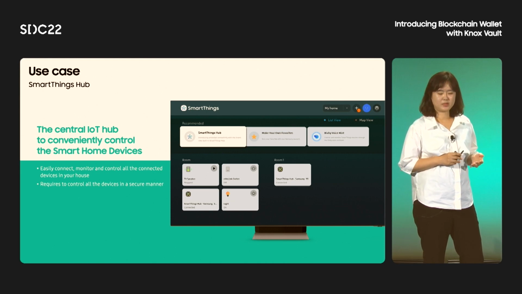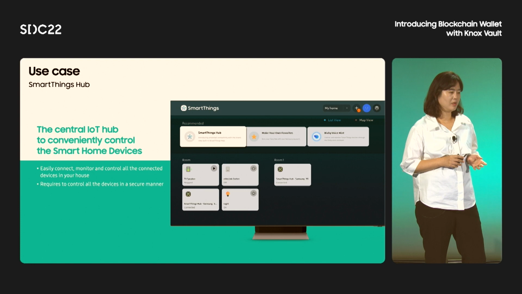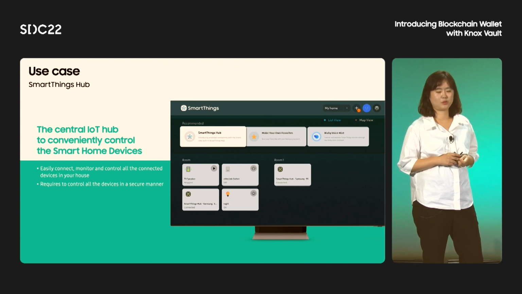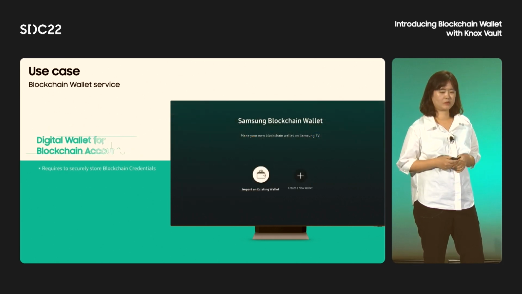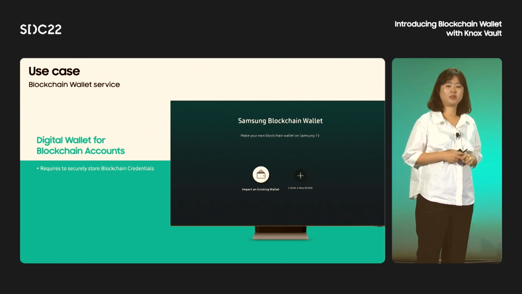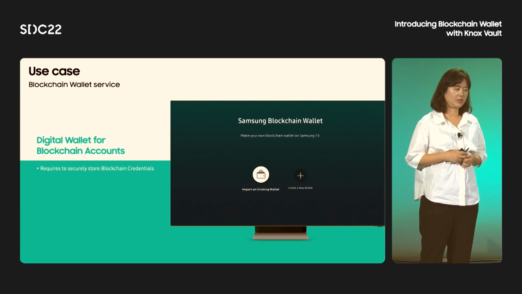So every message between SmartThings Hub and your home devices is encrypted, and the secret used for this protection is stored in Knox Vault. As we mentioned earlier, the credentials for blockchain wallet are stored in Knox Vault.